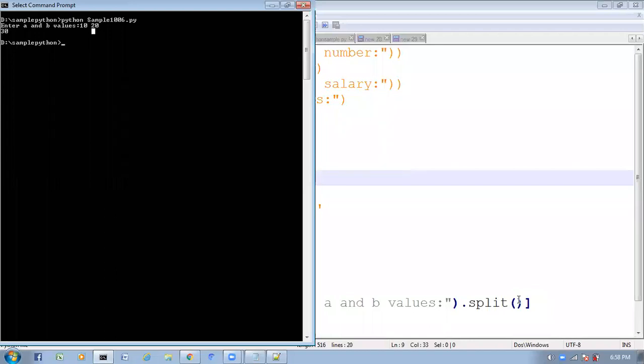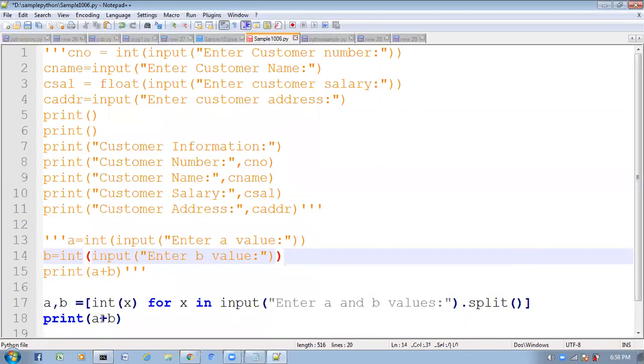If you are not providing any separator, the split function will take the default separator. What is the default separator? Space is the default separator. According to that, it will divide into two strings, we convert them into integer type, and finally we print the sum of those two numbers.